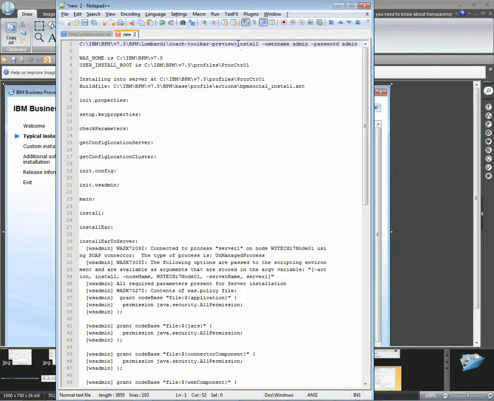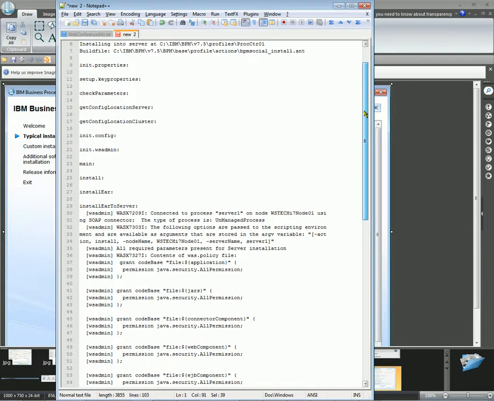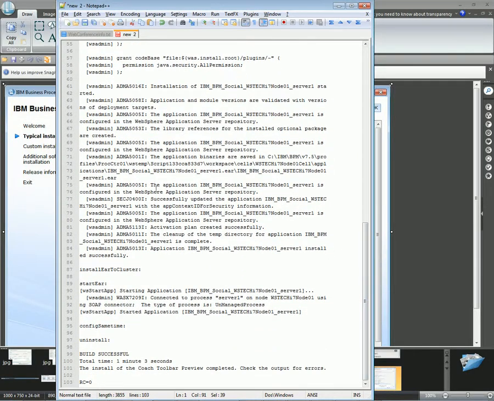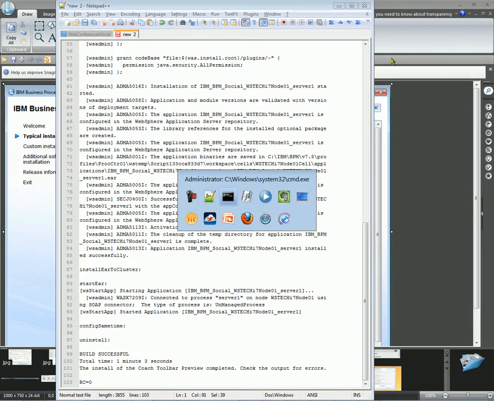You can see when I ran that a little while ago, I typed in install dash username admin password admin, and over the course of about a minute I got this output, which installed some infrastructure to the server, and you can see down below it said build successful with RC equals 0. So assuming that works for you,